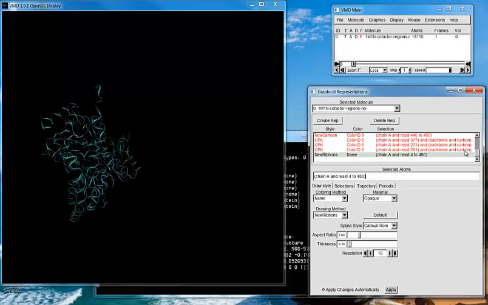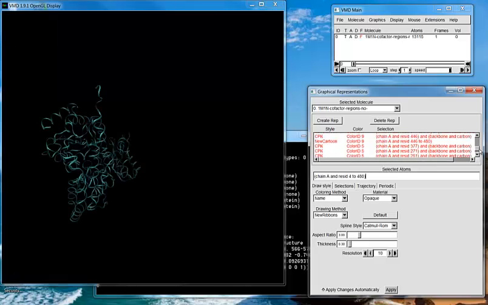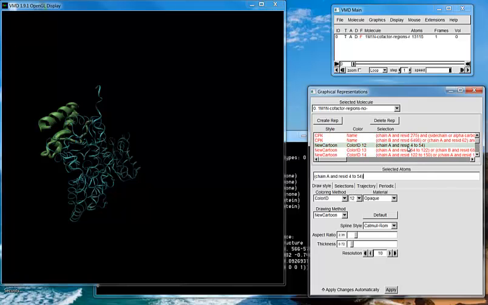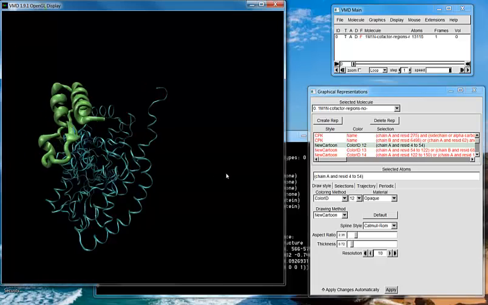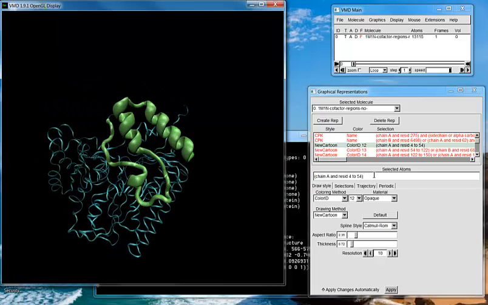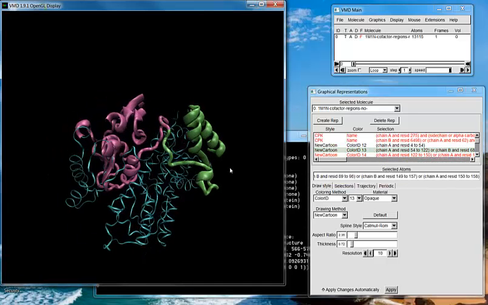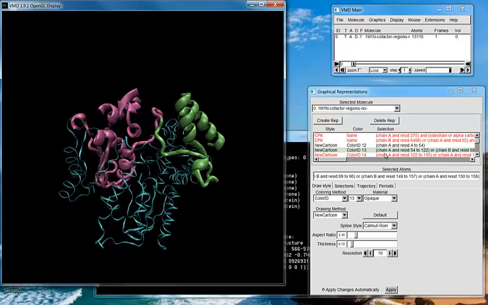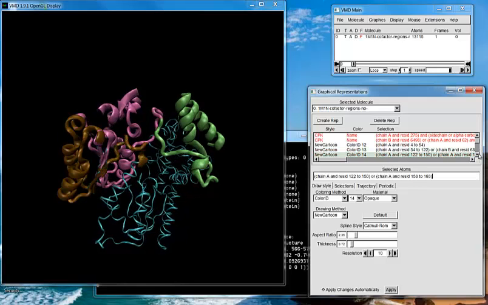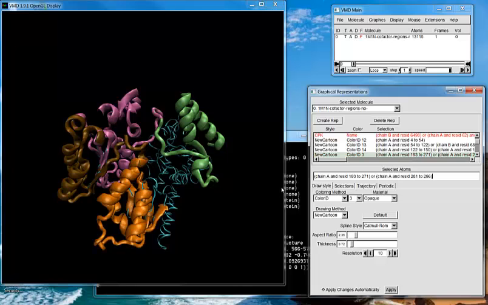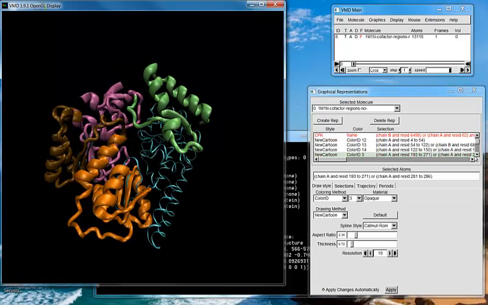What I really want to do today is print a section of this and show you how I would break this up. I've already done quite a bit. I've got several different components here broken up, so you can see, here's one section that I've gone through and selected only chain A and residues 4 through 54, and then I've done that for various components to tie these pieces together. If I open up all these different components that I've selected here as I've broken them up,